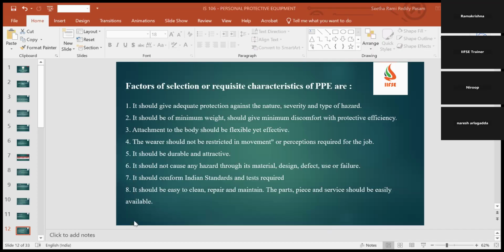Yes, helmet also can be said. Yes Naresh, helmet also is an example because it also gives discomfort if you're wearing it for so many minutes or so many hours. Even if you see in helmets, some of the brands have given holes on the helmets to give some sort of ventilation, because everybody says that if you go to the shop floor, the people will be